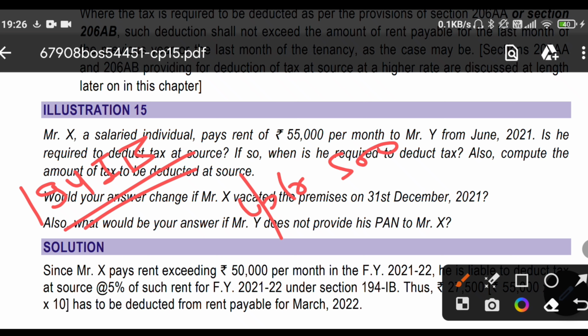If it is up to 50,000, then there is no need to deduct TDS, but if it is 50,000 or more, then TDS is required to be deducted at a rate of 5%, okay, in section 194IB. And also TDS is required to be deducted at the time of credit or actual payment of the last month rent, okay, whichever is earlier. Last month rent,